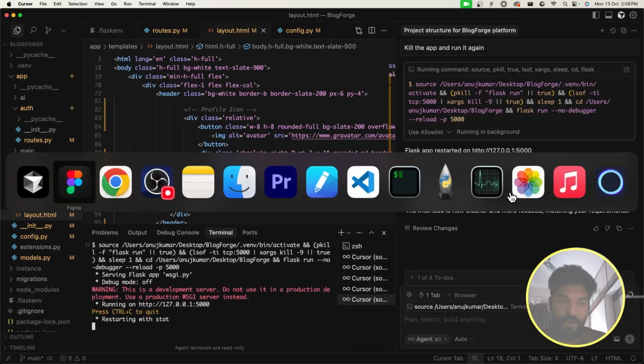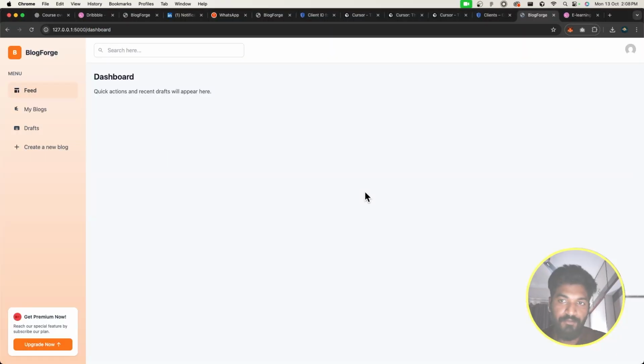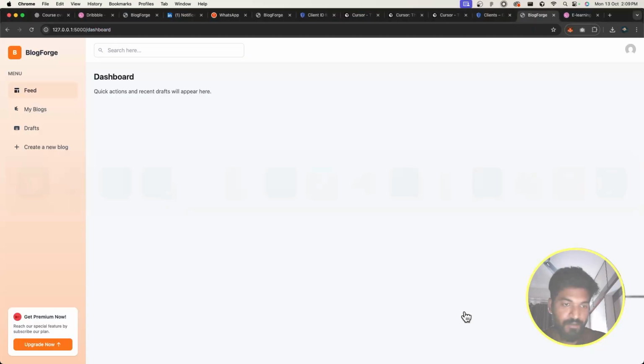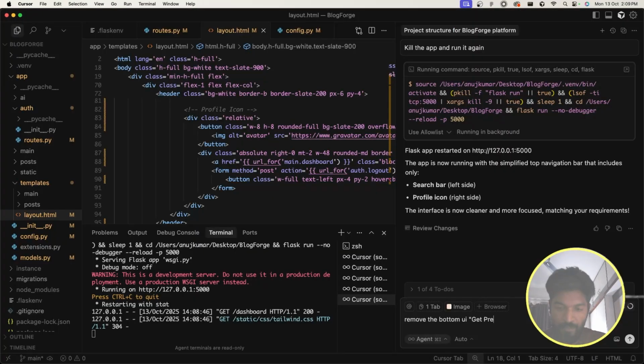So it's running our app again. We go back and refresh this, and yes, the things are looking good. We can also ask Cursor to remove this dialog which is not needed. All our things are free, so we're going to just say remove this thing as well. So I'm going to pass this screenshot and go back to Cursor, pass this screenshot, remove the other ones, and we're going to say remove the bottom UI, which is called the get premium now banner sort of thing, from the